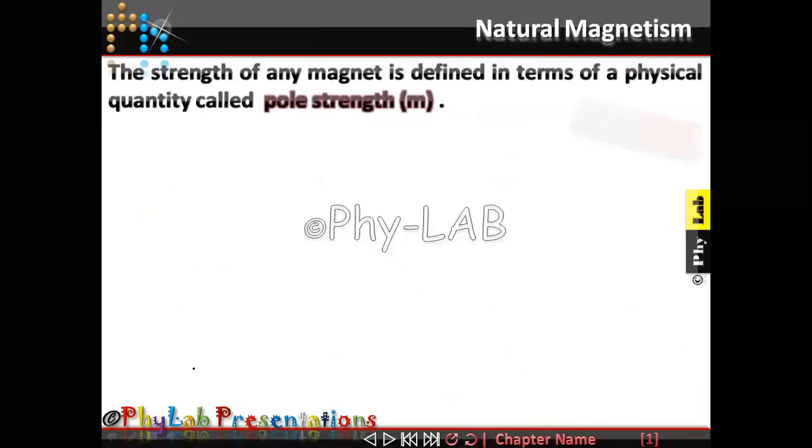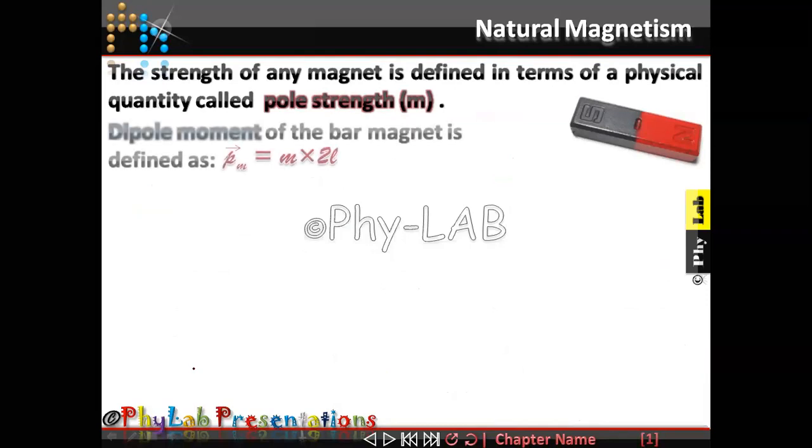Now, the strength of the magnet is defined in terms of a physical quantity called pole strength. So every time you use a magnet, you will be told its particular pole strength. Greater the pole strength, the stronger the magnetic field that particular magnet can produce. Now, if I know the pole strength of the magnet, then I can define the dipole moment